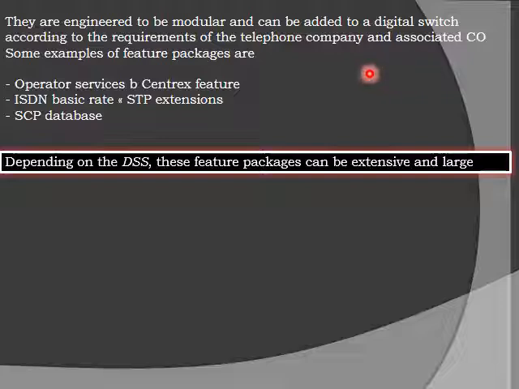Okay. Some of the examples are SCP database. I want you to remember them, so you need not bother much about the detail of them. Okay. So ISDN basic rate, STP extensions, like that. So depending on the DSS, these feature packages can be extensive and large. Okay. So